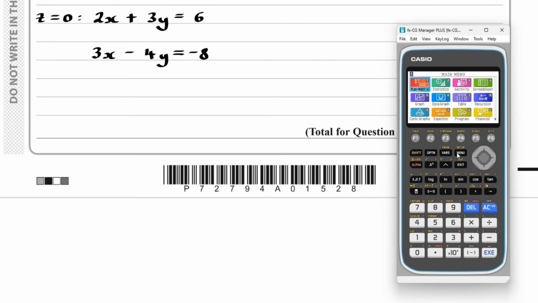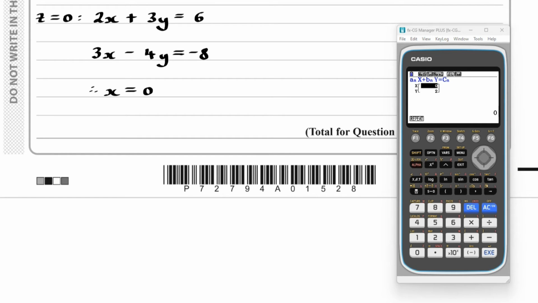if we go to the menu, then go to the equation sub-menu, we have a simultaneous equation with two unknowns. We've got 2x plus 3y equals 6. We also have 3x subtract 4y equals -8. So what you will find is we have x equals 0 and y equals 2. So we've got the point 0, 2, 0, which lies